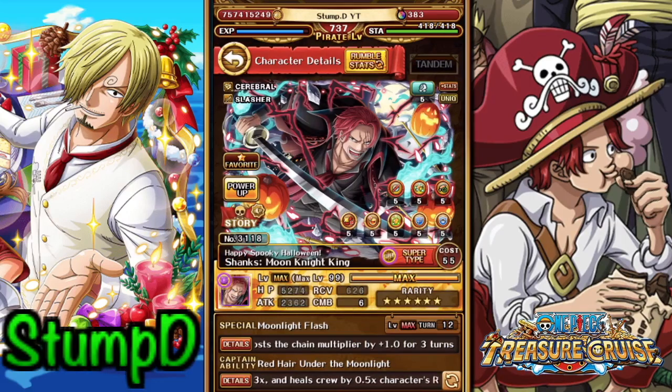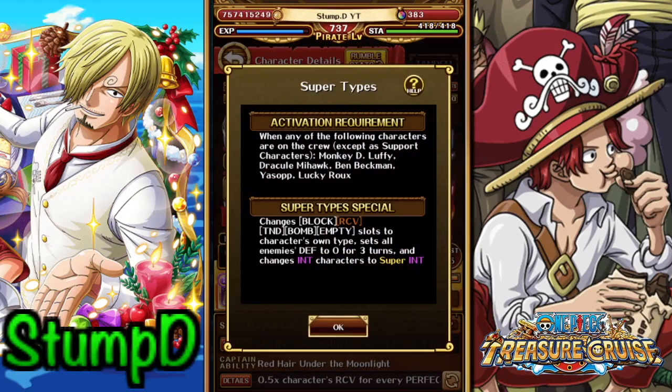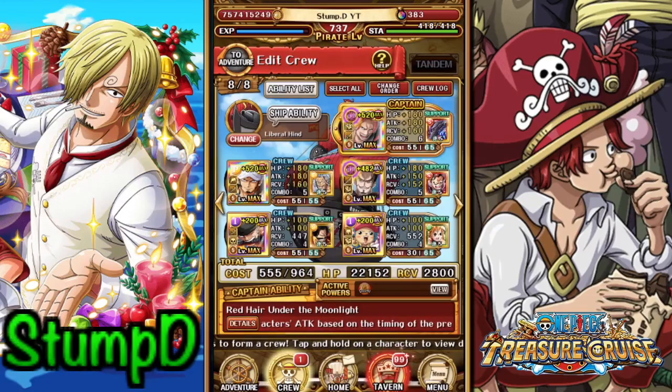His super typing as well can also set the defense to 0 for 3 turns, which doesn't matter, but can rotate block orbs. Now that I'm looking at it, do I have someone? Yeah, we have Mihawk on the team. We're sweet. You just need to make sure you have a way to pop that, whether you're using someone like the Yasup or the Ben Beckman. You can use the Ben Beckman as an orb booster if you are missing someone like Mihawk on this particular team, but